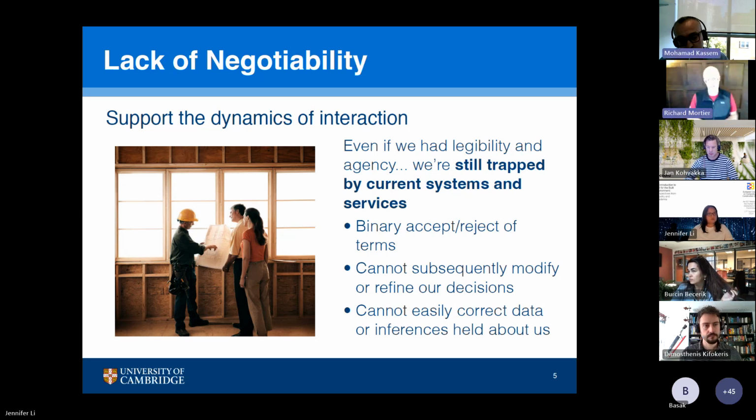So that was an attempt to set out what those three pillars were that we put together in that original paper: legibility, agency, and negotiability. There may be others. There's other people who have started looking at this over the last 10 years or so and come up with other ways of looking at this and other elements of this that are important and seem to be critical. So I think these are being extended, but these were the ones that we started with.